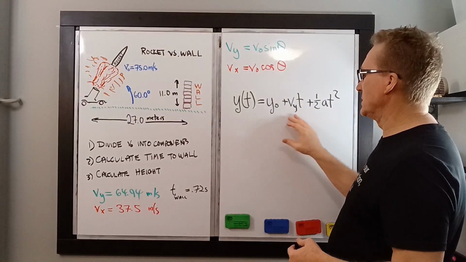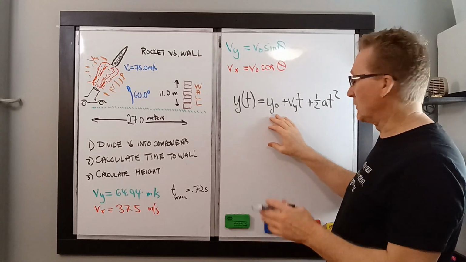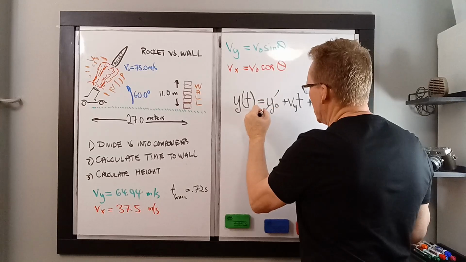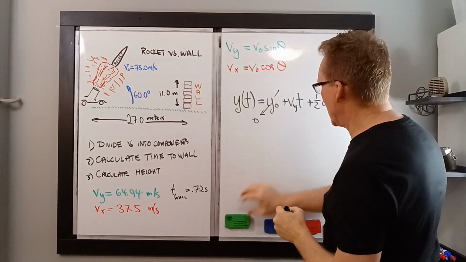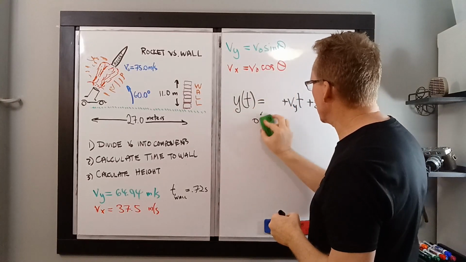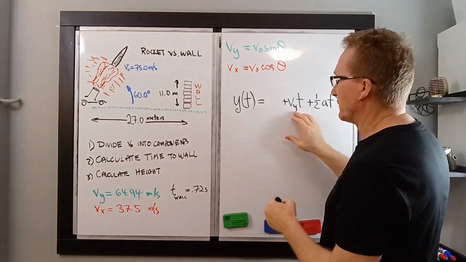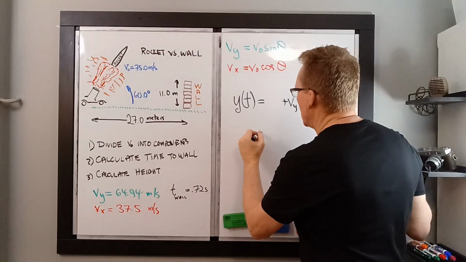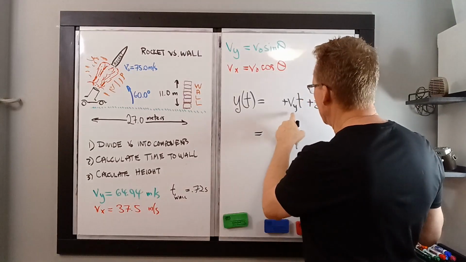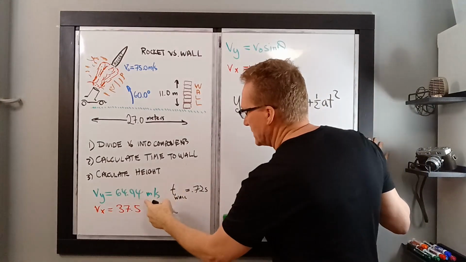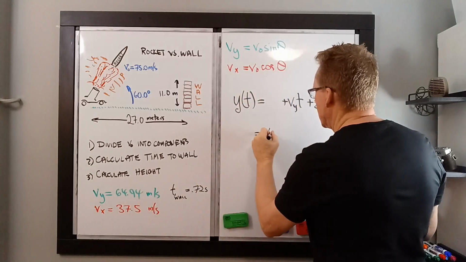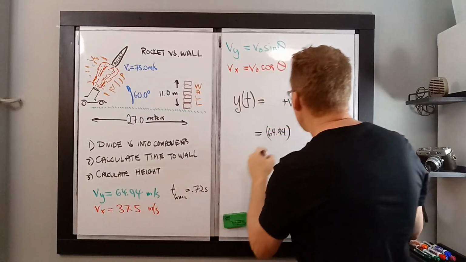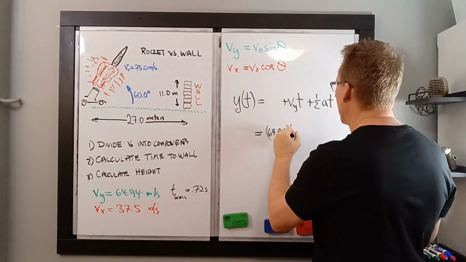As we use this equation, we're going to have to be careful of what's positive and what's negative. Of course, since we're starting at ground level, the initial height is 0. We don't need to worry about that. We can drop that element altogether. I'm just going to erase that so that we don't have too many things up there. The initial velocity is going to be the y component. We're going to look at upwards as being positive. So the y height is going to be the initial y velocity, which we have right here, 64.94, upward, times the time to hit the wall, 0.72,